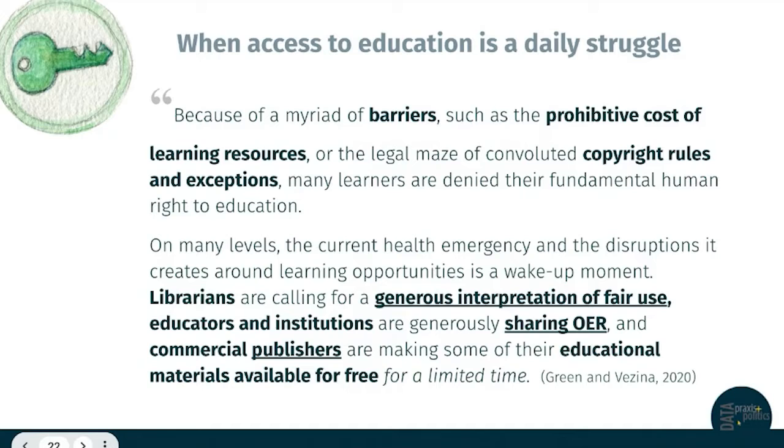They can be different. It can be the costs of the resources. It can be the difficulty to understand copyright. It can be not having access to things because you are not in a privileged position and you just don't have access to things. And in the pandemic, we saw how it was, jumping into this online mode of teaching,